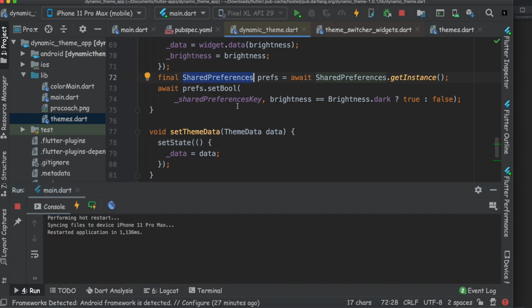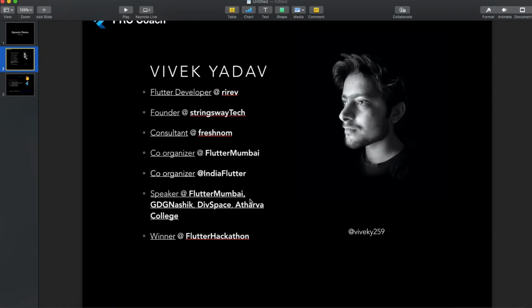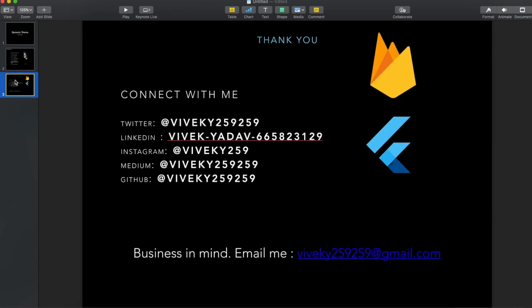So dynamic theme is storing its current state in shared preference. So whenever we restart our whole application, we again get the theme which we left at the time of closing the application. So that's it. This was the dynamic theme in Flutter.